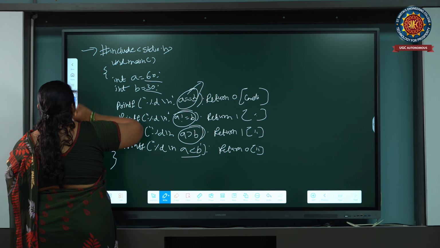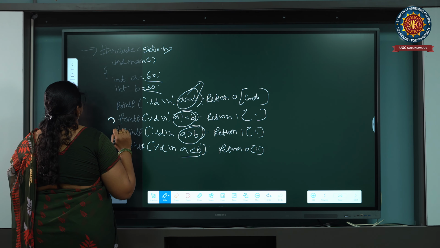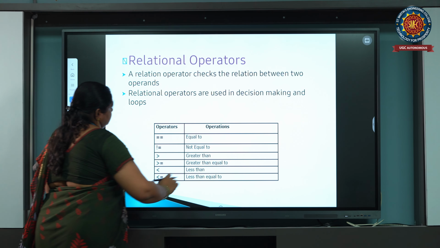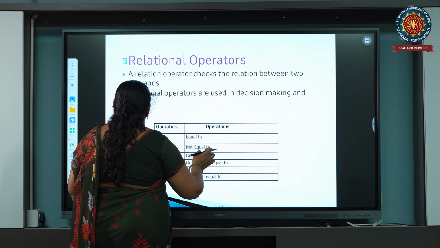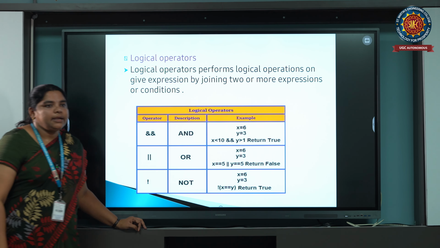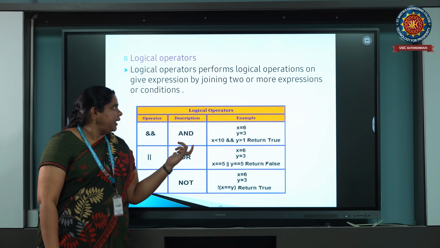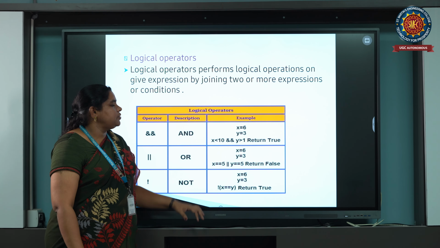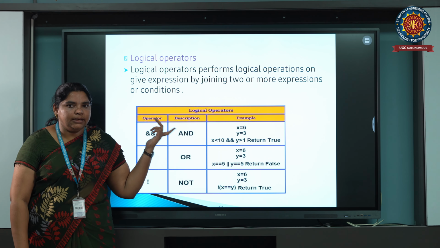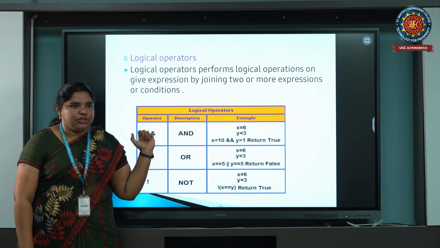And coming to the next operator, the logical operator. The logical operator is also one type of operator, and here we are joining any two expressions or conditions.